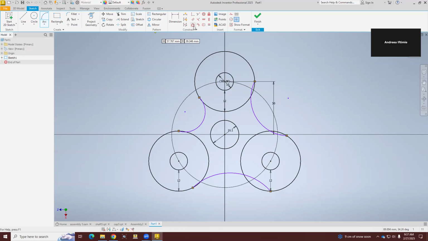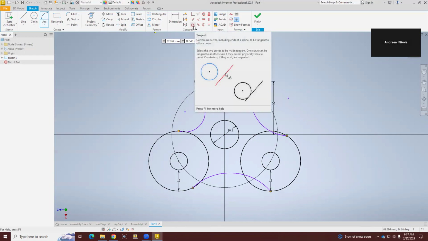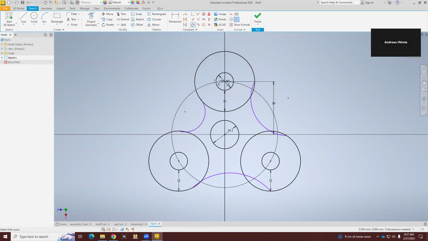So then we're going to go to constraints to constrain these arcs, and we're going to go tangent. So we want to have this arc tangent with the circle. So I'm just putting tangent. See, it worked well. Nice. Right there. But those lines are still in purple. That means they're not constrained. So we're going to constrain them